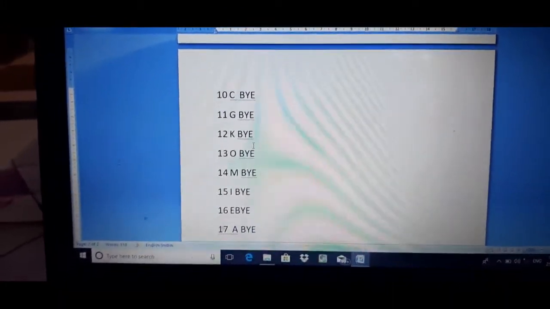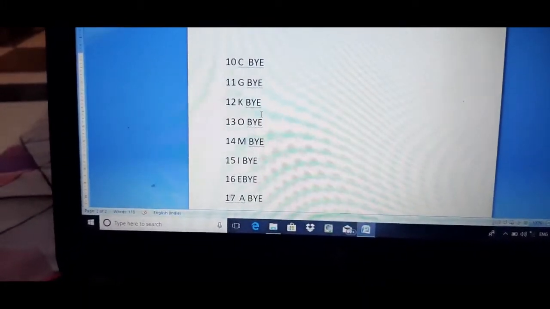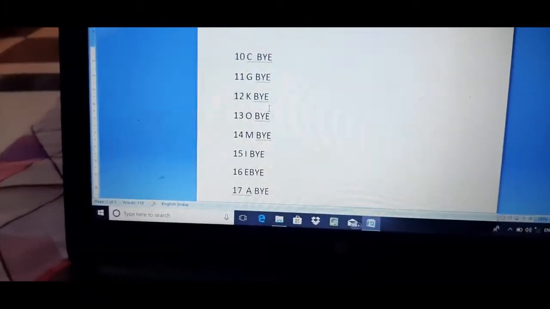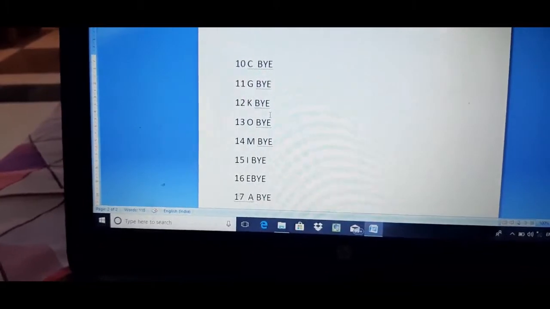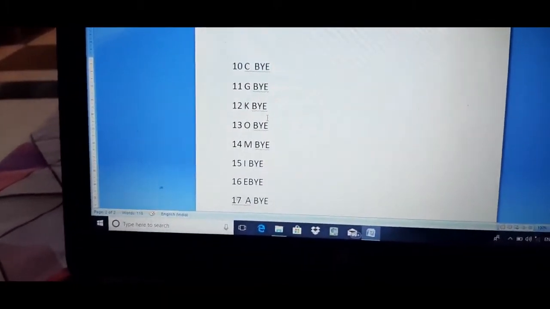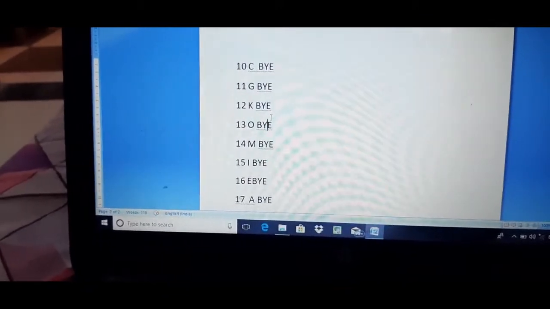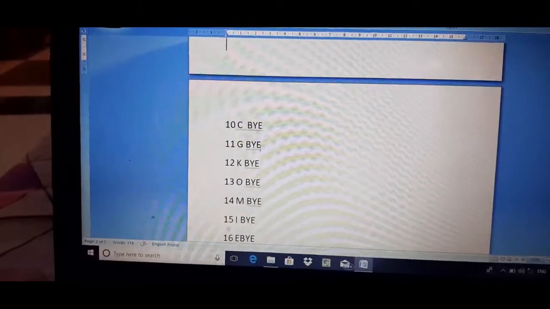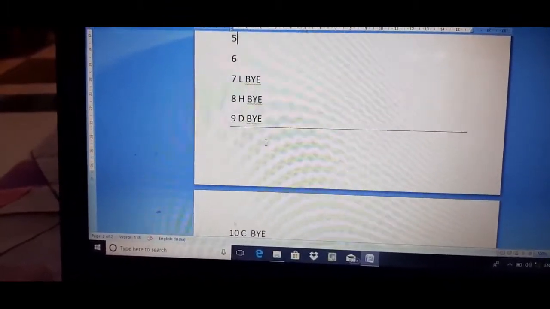Now as you can see, students, the numbers 10 to 17 are all blocked now, okay. So the teams that are going to come on these numbers after the drawing of the chit have already been qualified for the second round. They won't be playing a match in the first round. Now which teams are going to play in the first round? Those that have been left over from the byes.